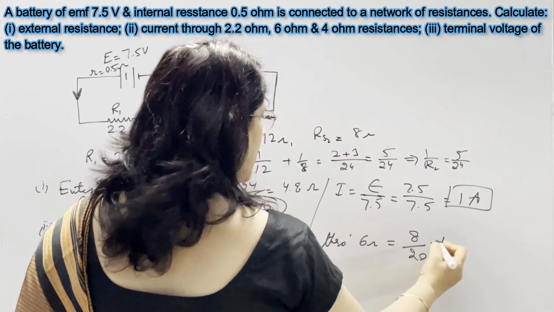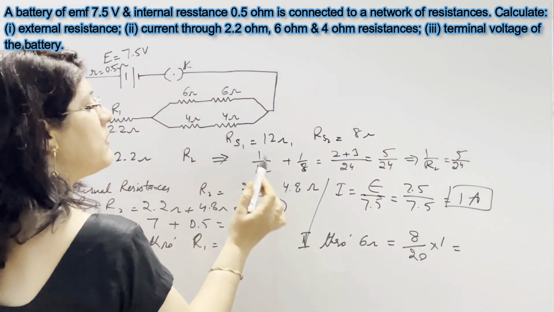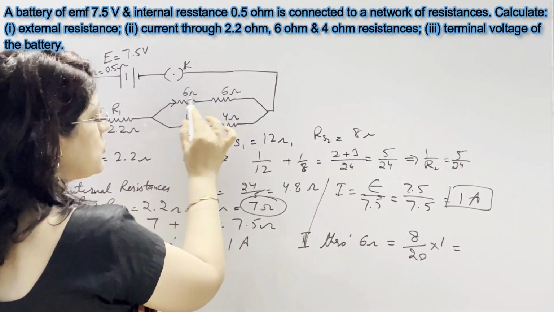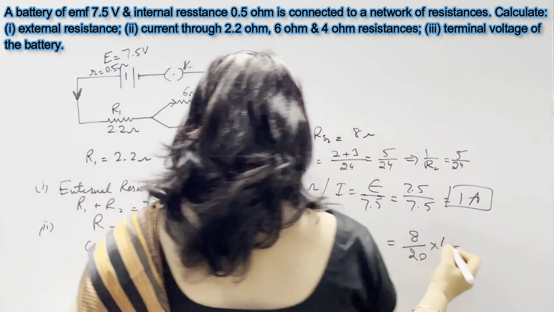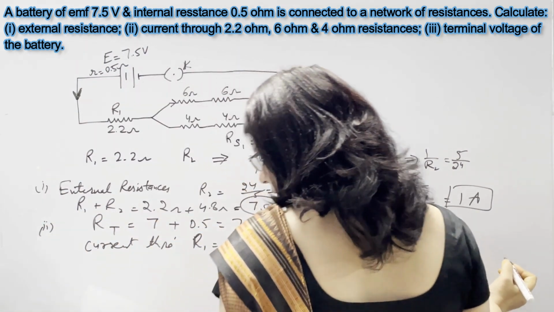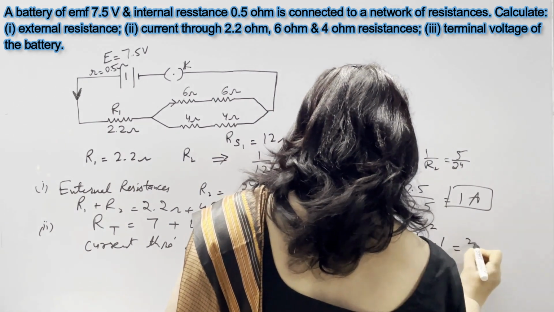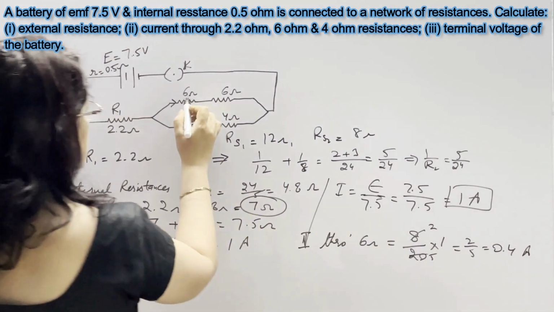So 8 upon 20 into 1. 8 is the current in the opposite branch from the one we are calculating. We are calculating through the 6 ohm branch, so we take 4 plus 4, 8, and divide by the total 20, into 1. So 8 upon 20. It means the answer is 2 upon 5, or you can say 0.4 ampere. So current through 6 ohm is